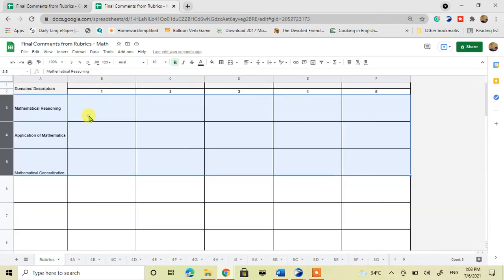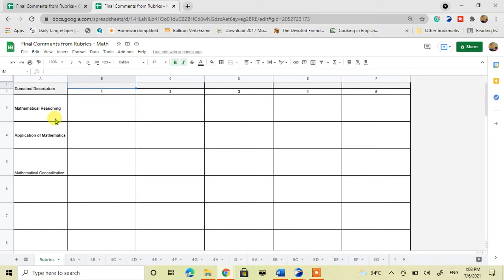According to your rubric, you also have to mention your descriptors, like when you say this is 1, 2, 3, 4, and 5. I would like to let you know the limit of this model. You can mention at most 20 domains, not more than that. I think 20 is too much, but it has a provision to take up to 20 domains. And you can have 5 descriptors: 1, 2, 3, 4, 5. You can mention whatever your areas are.